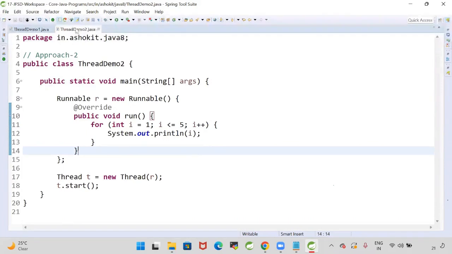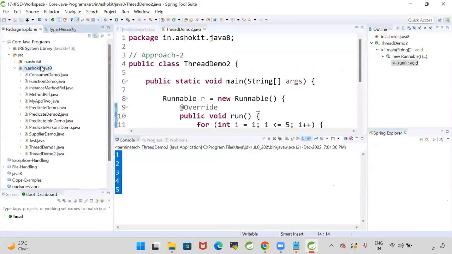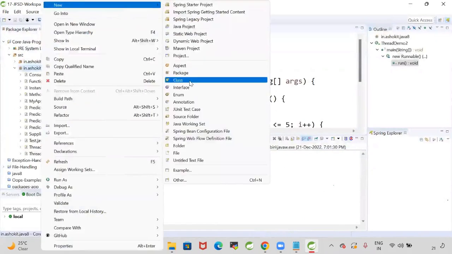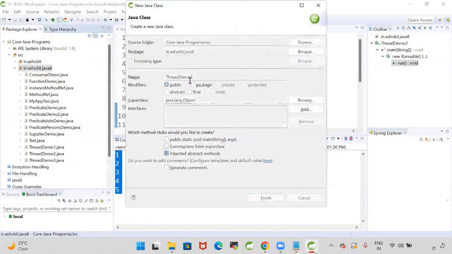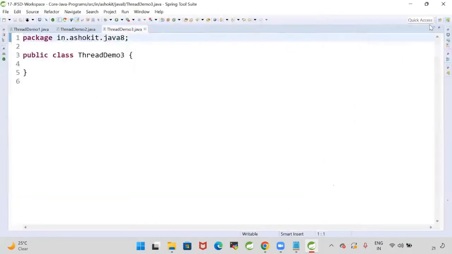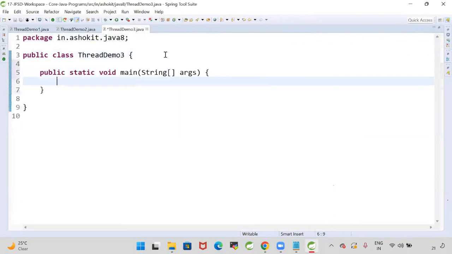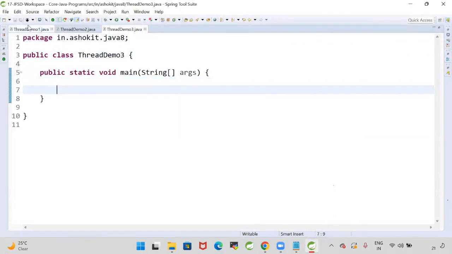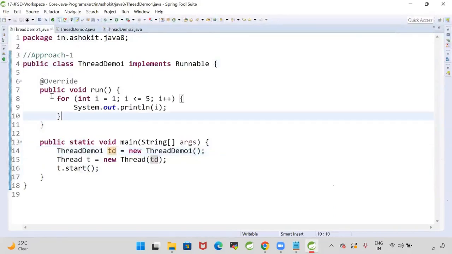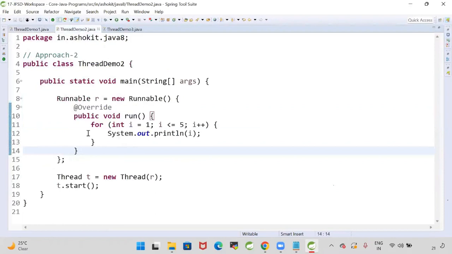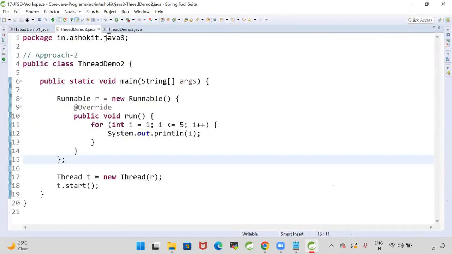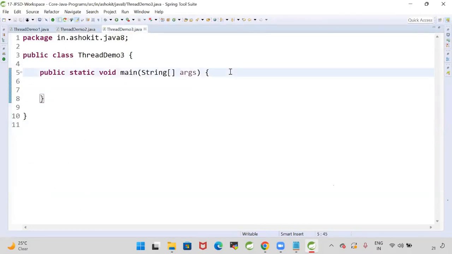Okay, guys. Let's go for thread approach 3, ThreadDemo3, a new class with a main method. Earlier in the first approach, I implemented the Runnable interface and overrode the method. In the second approach, I wrote an anonymous implementation, which we already discussed in multithreading. Now in approach 3, the Runnable interface has only one method, the run method, so it is a functional interface. Okay, let me write a lambda